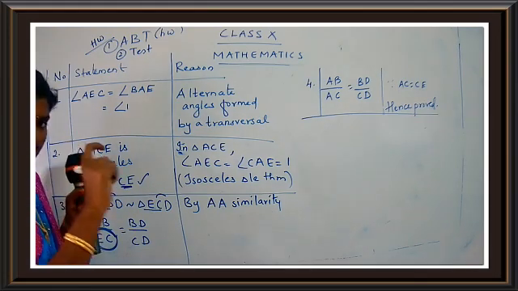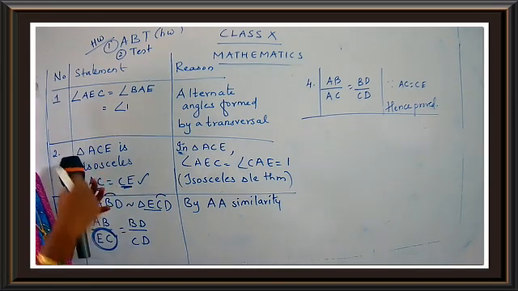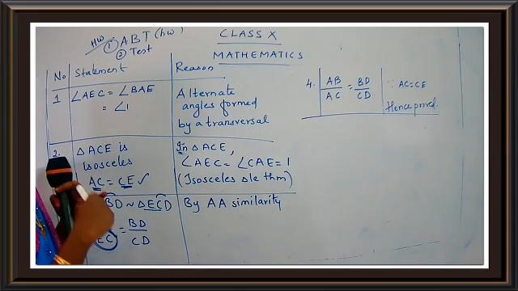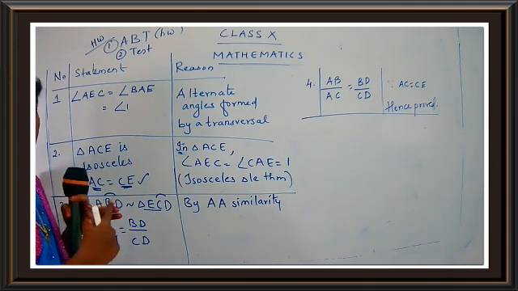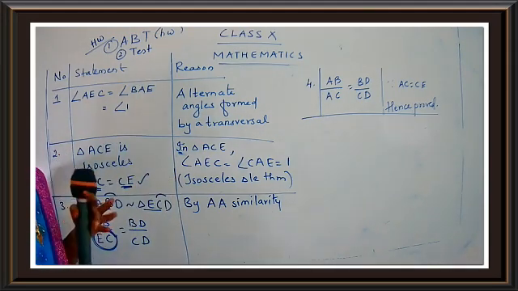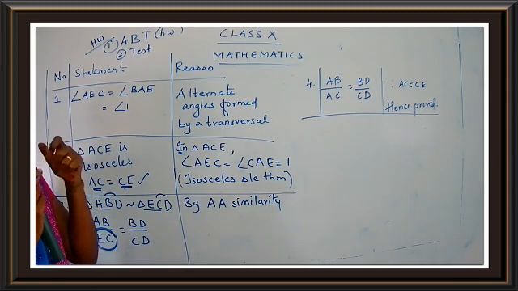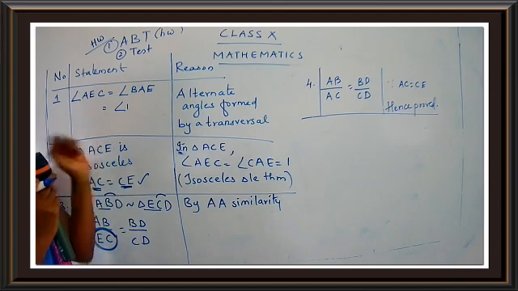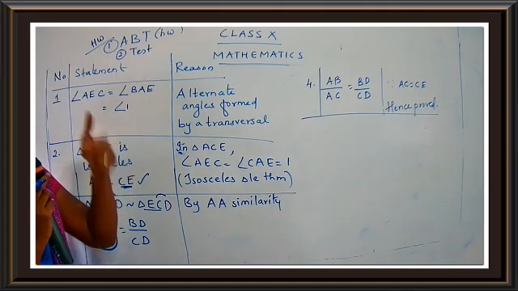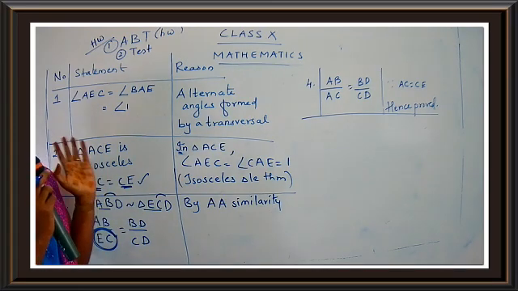Write down the name of the theorem, write down the statement, draw the figure, then write down the given part. Under the proof: given, what to prove, go for the construction. Then you have to draw the columns, write down all the statements. Then just take a photo of the homework as well as the test and send it to me for correction. I'll be correcting your test also.